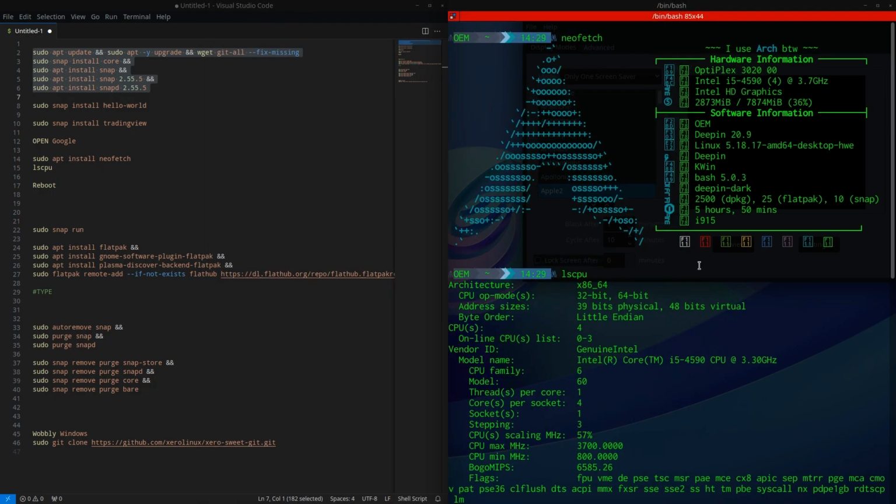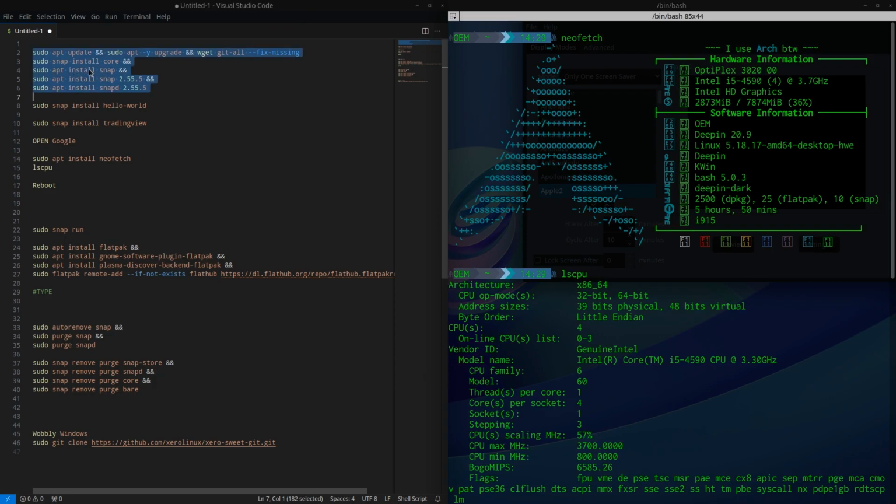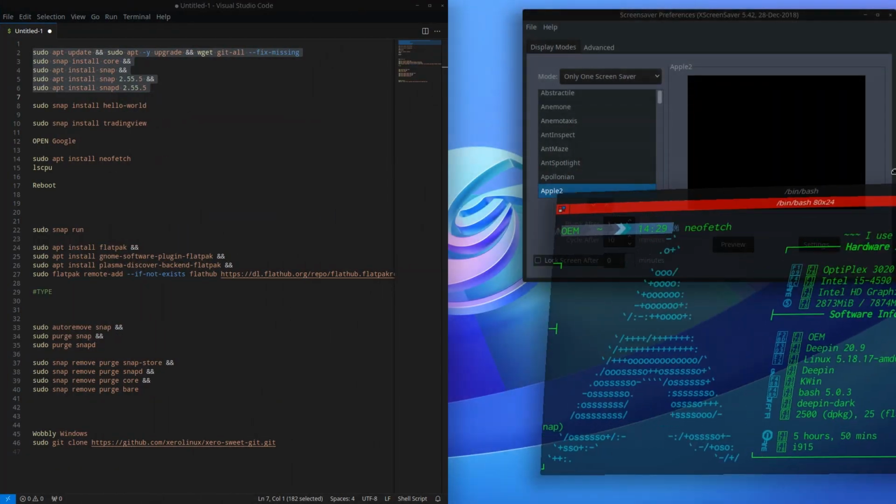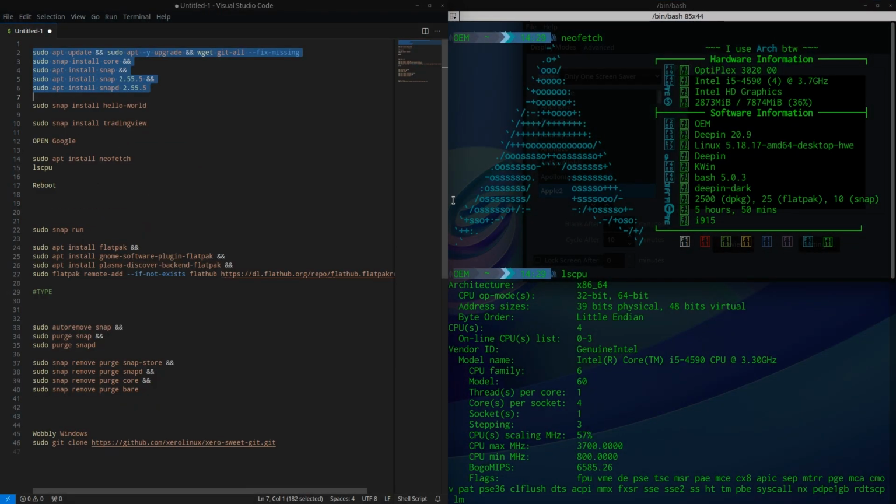Moving on, you want to copy this cluster of commands here. Like I said, I'll leave a link in the description for this document file, and you want to paste it onto your terminal. By pressing Alt, Control, and tapping the letter T, your terminal will pop up. I'll show you guys how to do the wobbly window at the end of the video, so I hope I don't forget. What we're looking at is